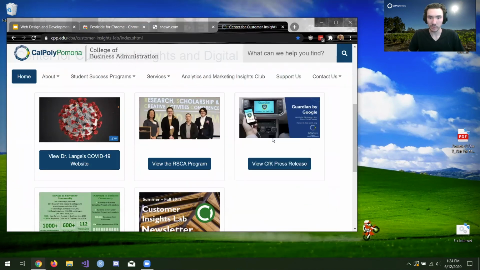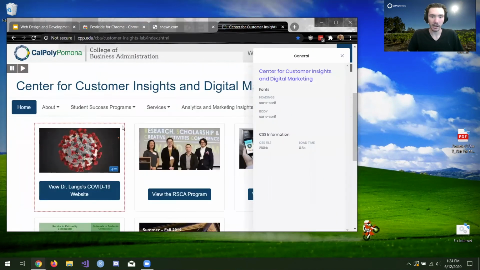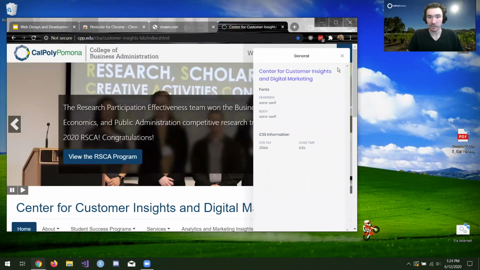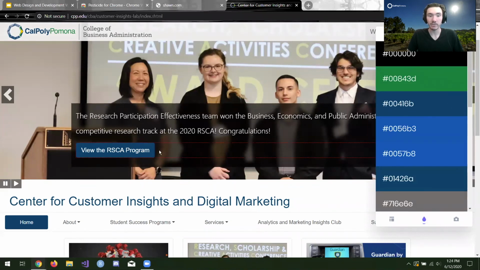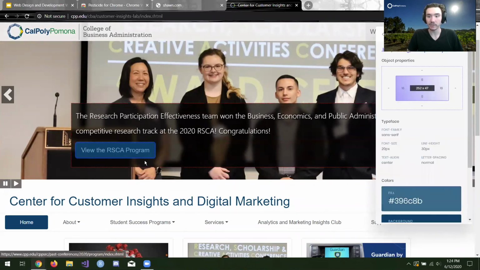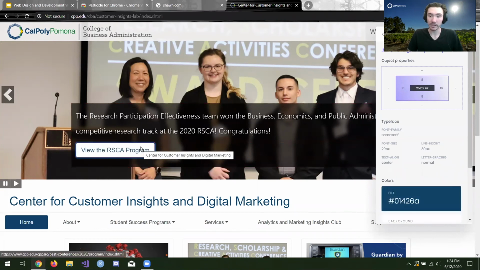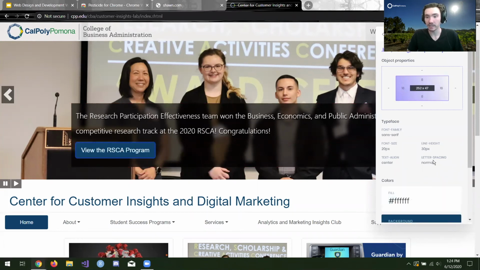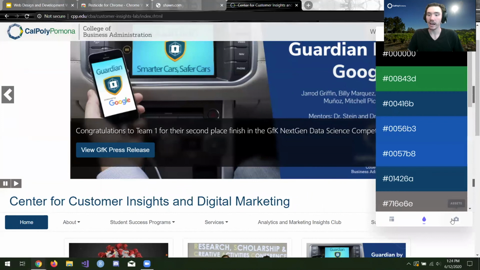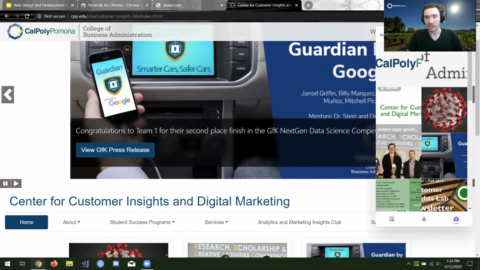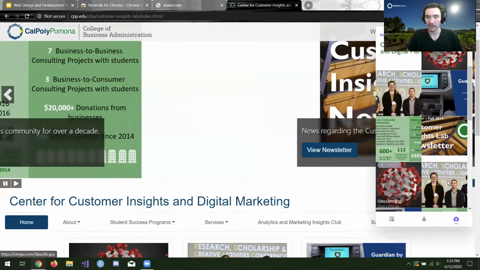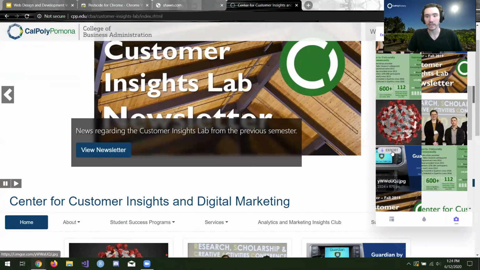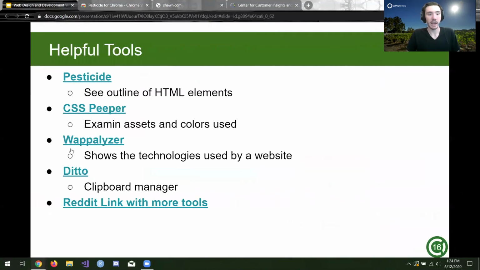This allows you to get content and colors from the website. So let's make it bigger. Here you can see all the colors this website is using. You can click on an individual button to see the color, the size, the text align, anything like that. And you can also grab all of the assets, which is a great feature. So here you can just export the assets, and then you have a high resolution copy of whatever is on the website. After that, we have